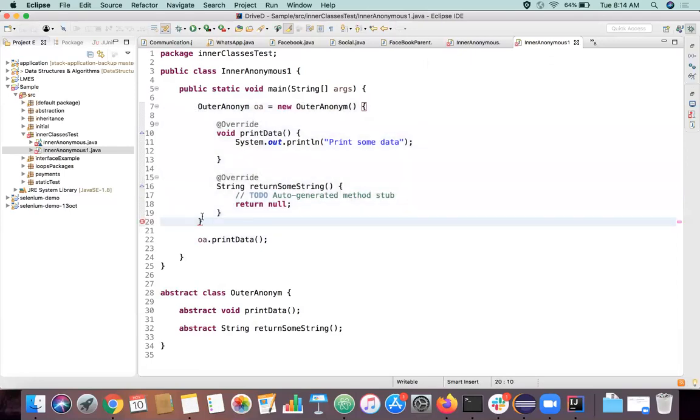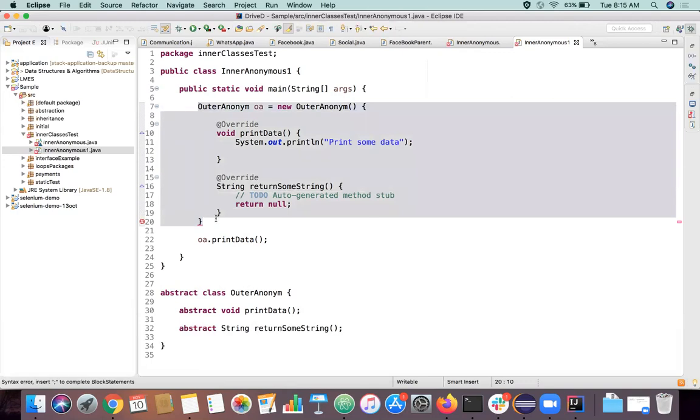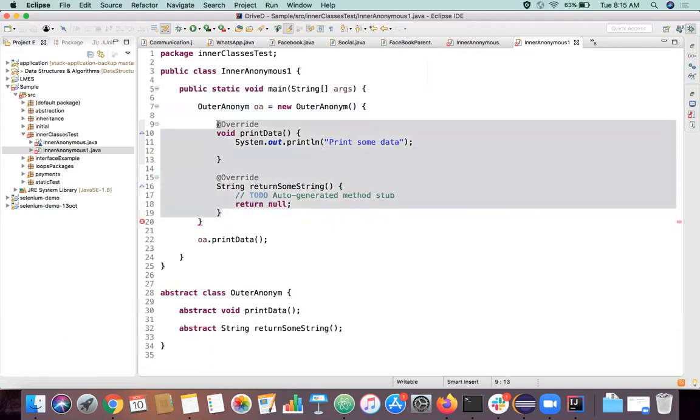The thing is that it will throw an error. You can see what the error is. It's a block statement actually, right? Because generally how we call a method is directly by creating an object of it, right? Here also we are doing an object creation only. But what we are trying to do is just override its method by calling that class directly. So it's a kind of Java block actually. I'll give one more example of what a Java block is.